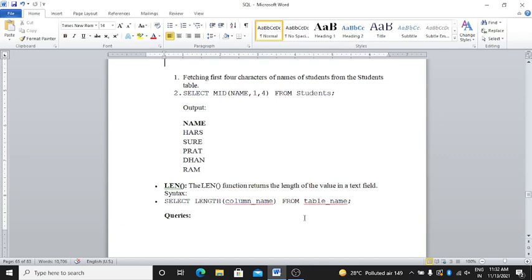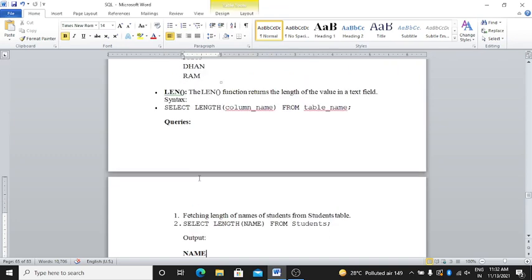Then the output is name: HARS for Harsh, but only four characters, H is neglected, only four characters of each name is fetched here. Clear? Next is len.